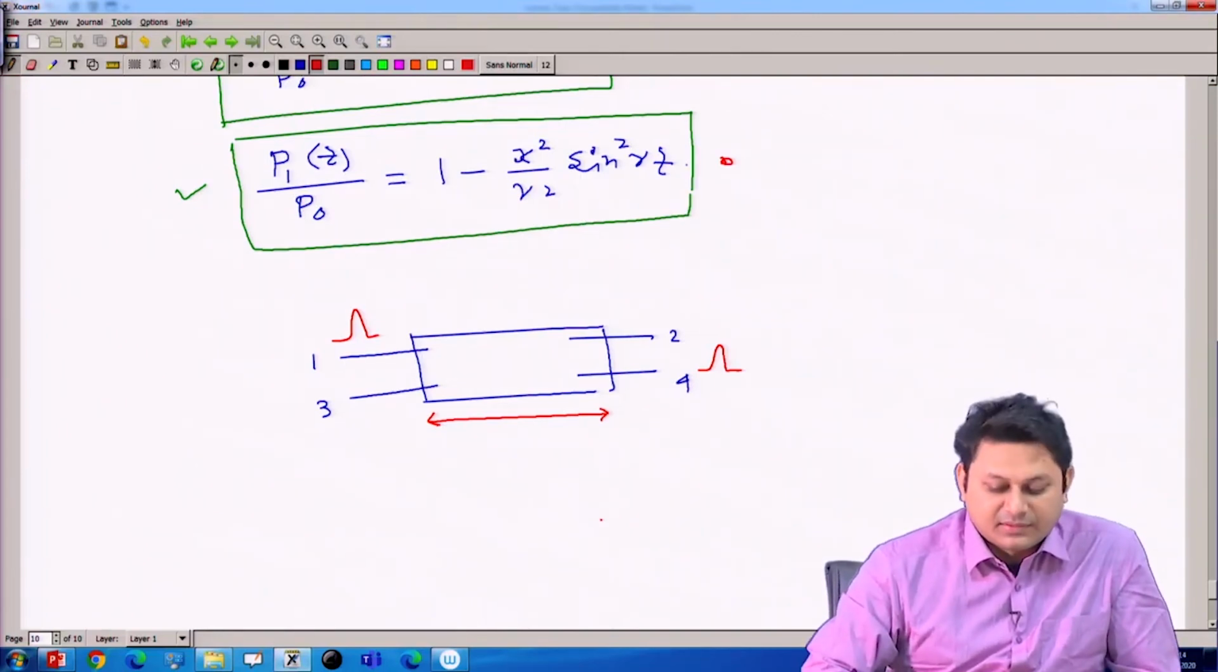In the next class we start with this equation and try to understand more about the principle of optical switch, and then the principle of 3 dB coupler and